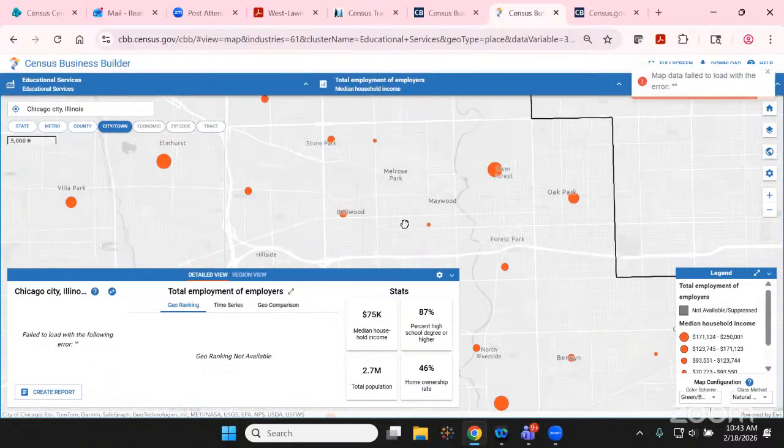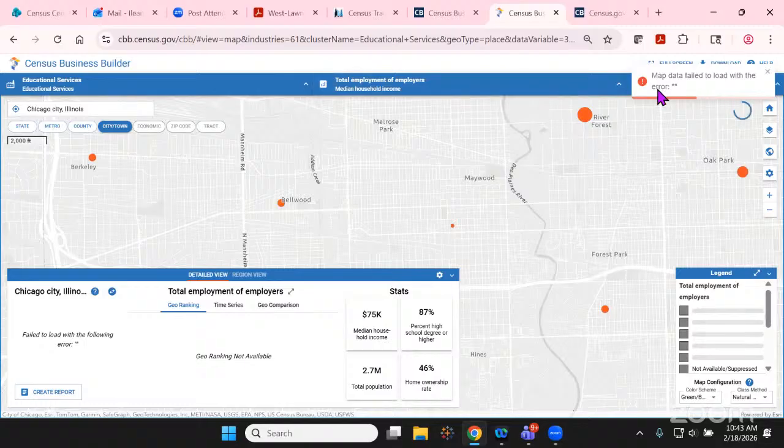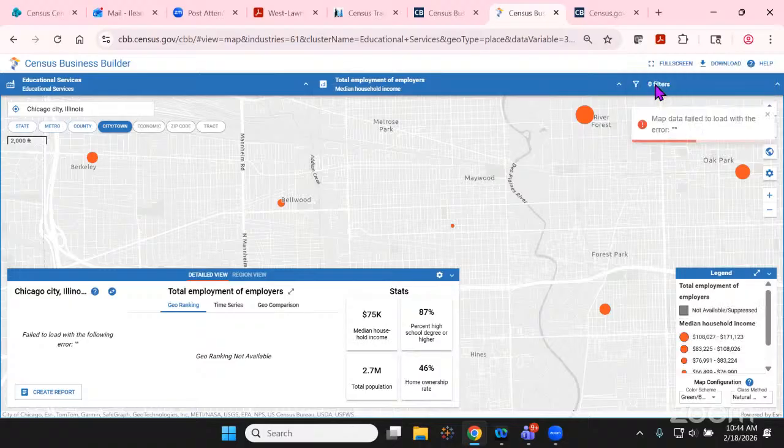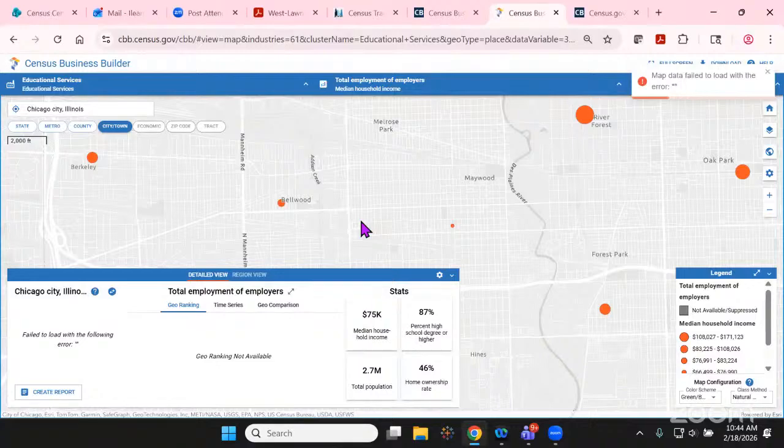And as you zoom in, oh, again, the map loaded with an error. I wouldn't use this if I were you. Always make sure that when you load up a tool, it loads up correctly. I apologize about this, guys. The tool, I don't know, it's doing something. But like I said, come into this tool and take the tour and explore the different variables